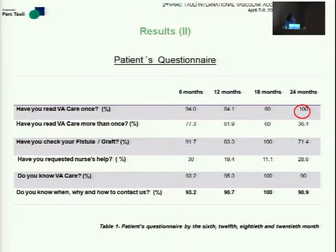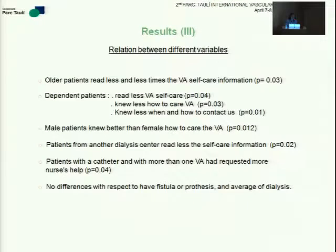This table shows us the answers of the patient questionnaire at 6, 12, 18, and 24 months. And what we found between the different variables. Older patients read less, and for less time, the vascular access information. Dependent patients read less information, knew less how to care, and knew less when and how to contact us. Male patients knew better than female how to care for the vascular access. Patients from another dialysis center read less of the self-care information. And patients with a catheter and with more than one vascular access had requested more nurses' help, all with